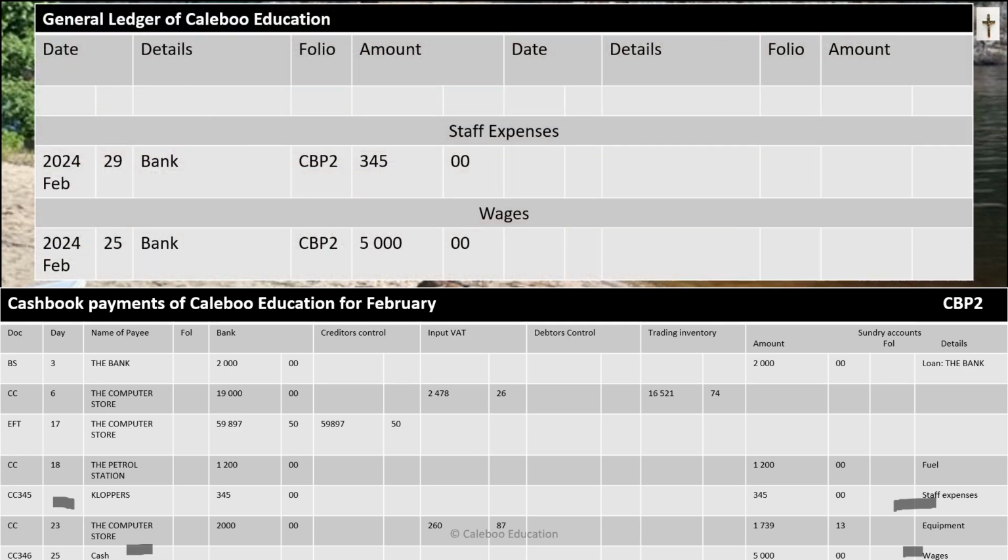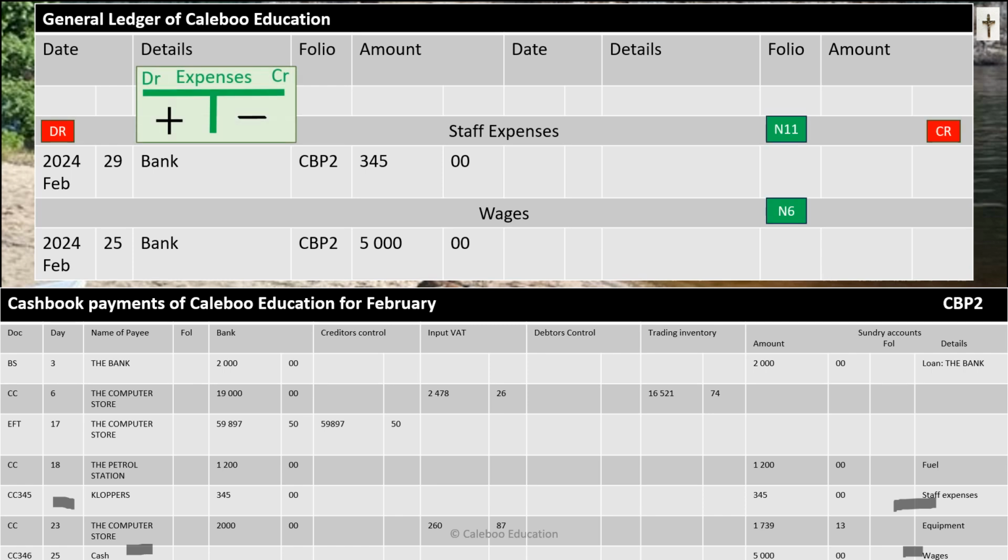So in the general ledger we have the debit side and the credit side. Staff expenses is exactly what it says it is. It's an expense. And wages is an expense to Calibre Education, and the rule says